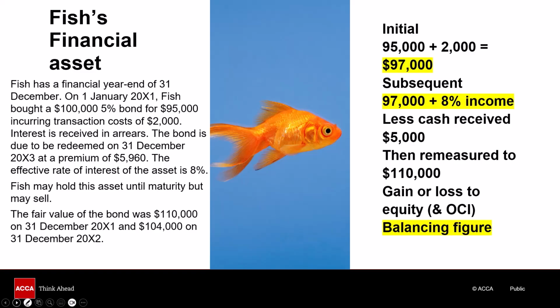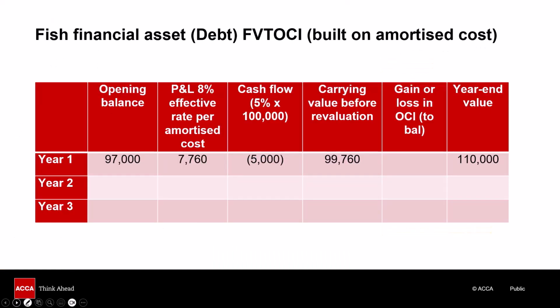The more traditional way, or the best way in an exam scenario, is to use the pre-populated spreadsheet that's on offer and to present your working in this way, and the working in this way would then earn you 3 out of 3. And there's year 1 done. You've got a carrying value before the valuation of 99, your year-end value is 110, and you've got a gain or loss of 10. Now, because we're dealing with an asset, you really want to make sure that you understand